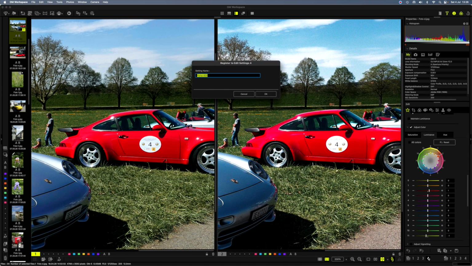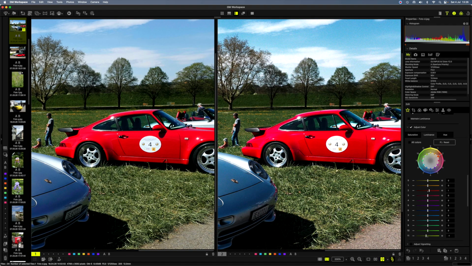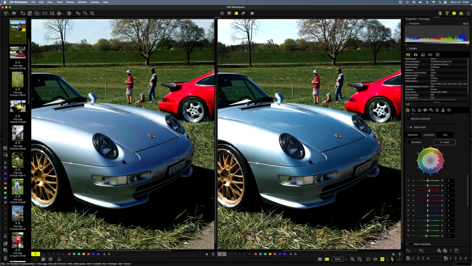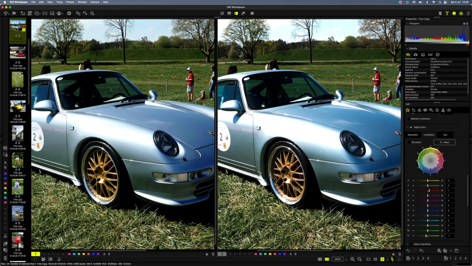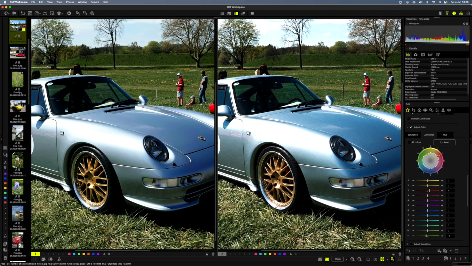We can say, okay, we want to save all these changes now, and it's now in that memory section there. And then we can have a quick study. Here you can see something interesting. It looks like there's a green cast here. Let me show you something interesting.